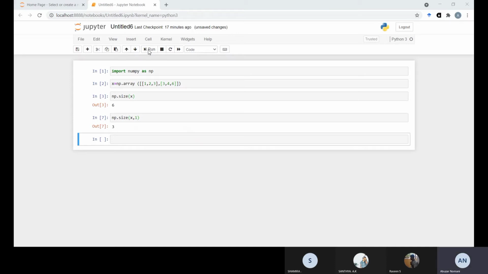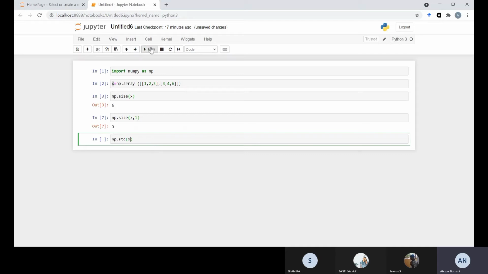Now, if with the same matrix we want to calculate the standard deviation, what will be the formula? What will be the code for the standard deviation? For this x matrix, the command will be np.std(x) in brackets.